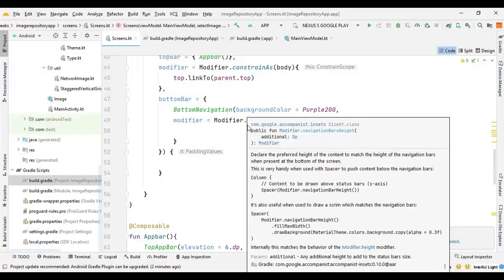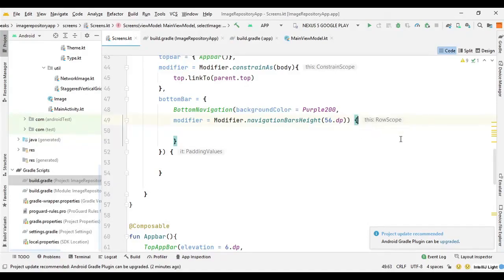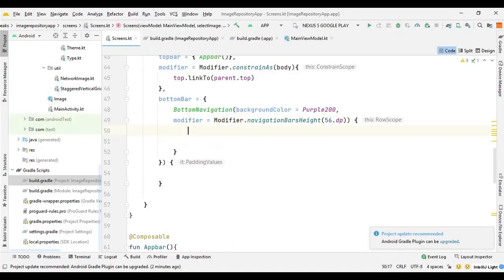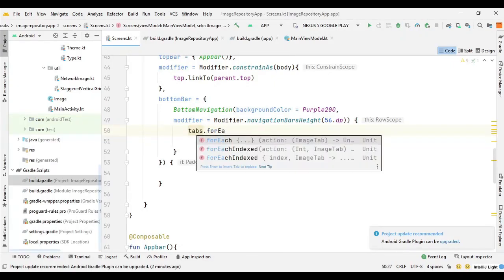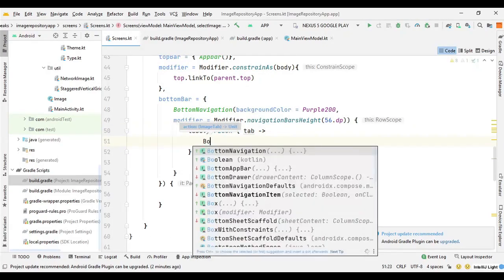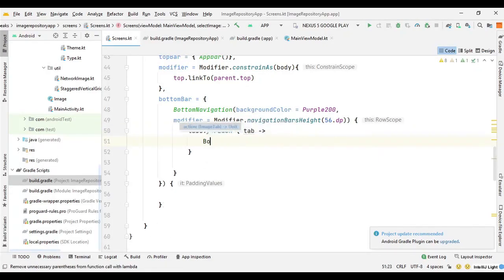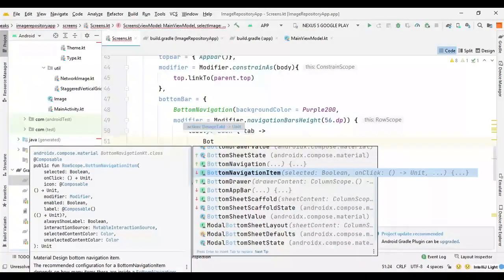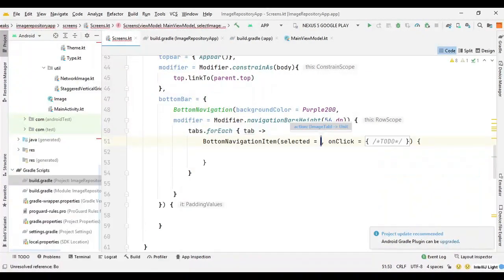So now we can run a forEach on these tabs. So we can say tabs.forEach, and we can create a variable here, tab, followed by a lambda expression, and here we can say BottomNavigationItem. So BottomNavigationItem, not BottomNavigation but BottomNavigationItem, and it has some parameters.